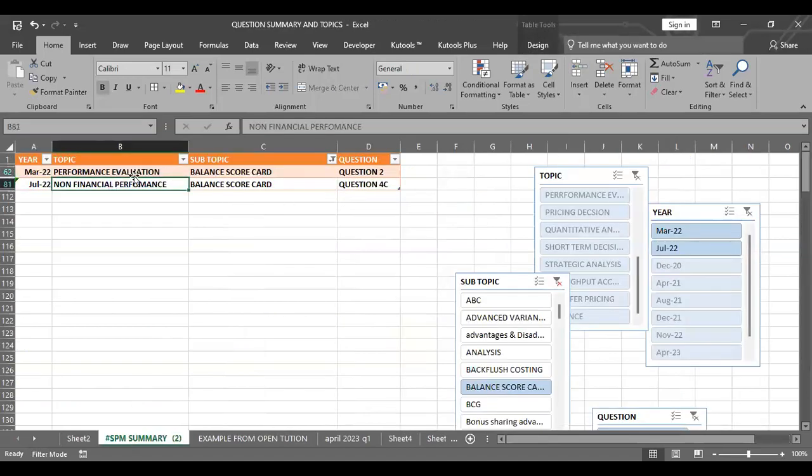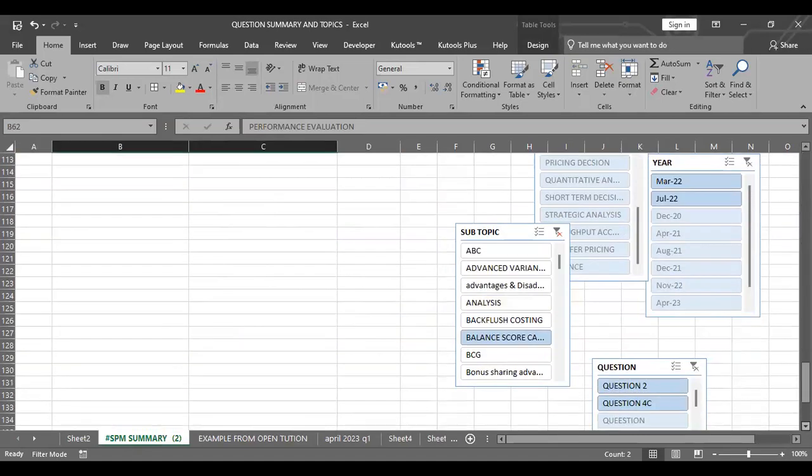So non-financials are there. There's the balanced scorecard. There's July, which we checked and noticed it was only asking how to explain accessibility. And there is this one here. From the two questions, we did this, which is that one. But as I said, there are also other theoretical questions which cut across.